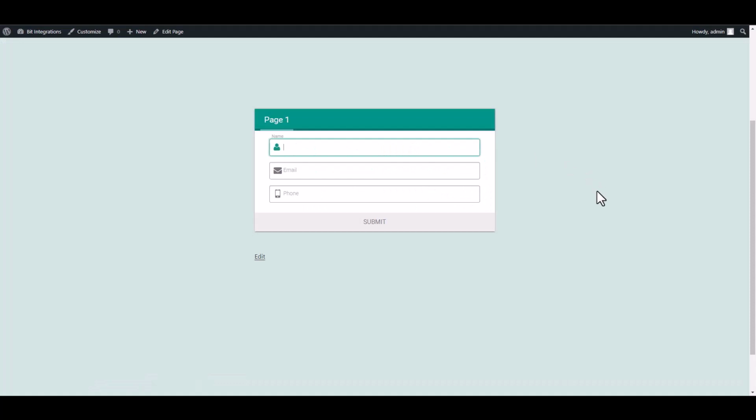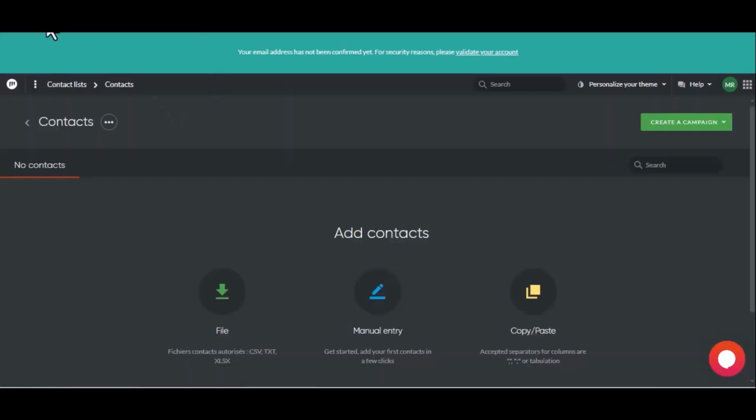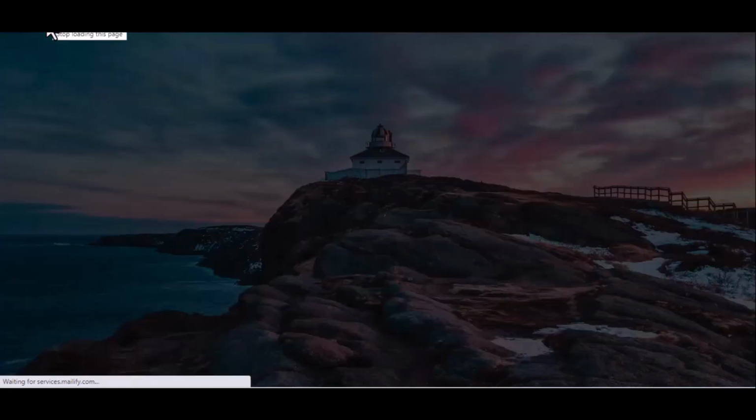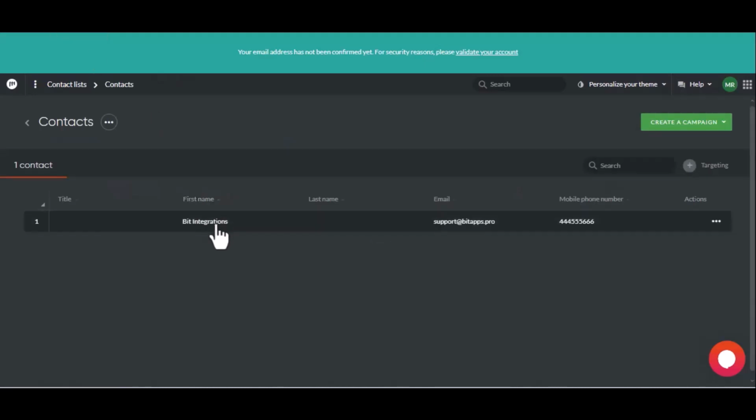Let's submit the form. Submit it. Form submitted successfully. Now let's go to the Mailify. Here's the data that came into Mailify through the